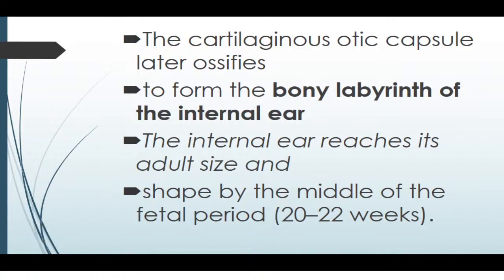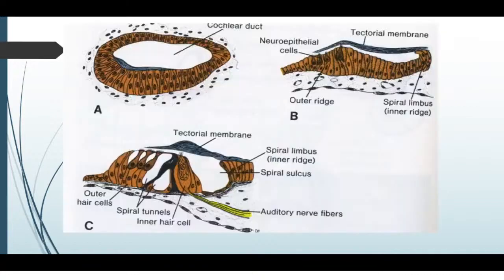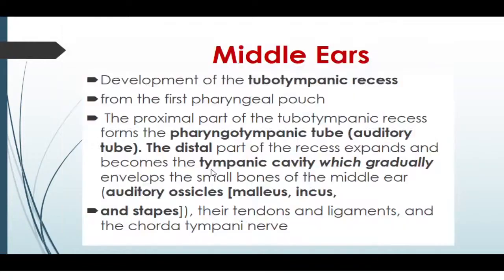The internal ear is well developed around the 22nd week. And we have seen how these cells are differentiated from the multilayer pseudostratified epithelium into a double layer of epithelium. And we have the middle ear. But the time of our lecture is very short, maybe now we finish our lecture, but we need to know that in the middle ear we have a distal